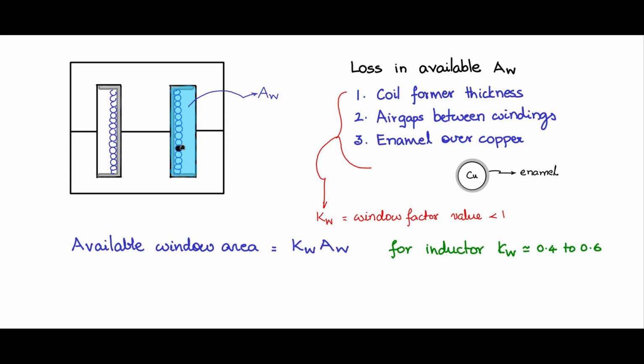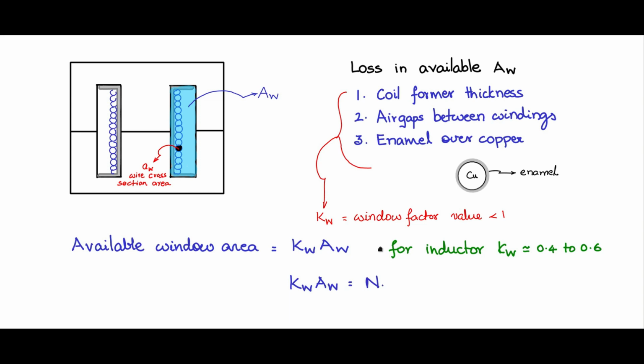So now I have shaded one wire cross section. That area which is shown black is called Aw, lowercase w, which is the wire cross section area. It is the cross section area of the copper wire inside, not excluding the enamel, because the enamel portion is taken within Kw. So if there are n such turns, n such cross sections will be there.